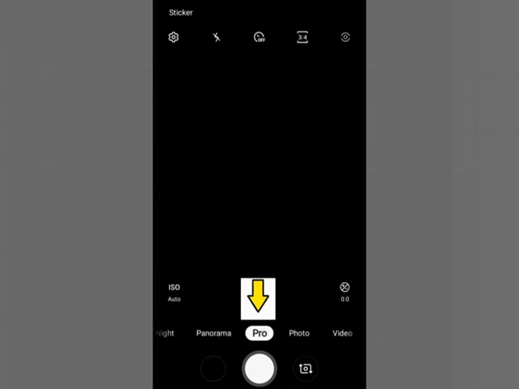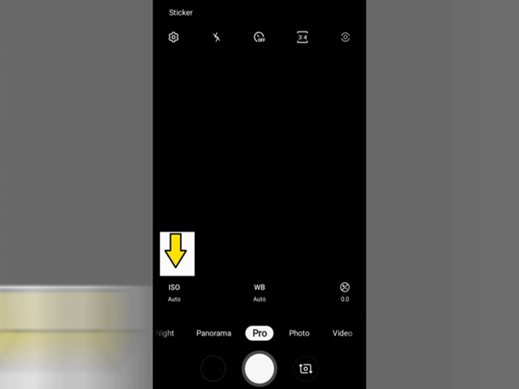So what happens when you tap the word Pro? This camera mode will allow you to manually adjust certain settings on your smartphone so you can take professional photos. What can you adjust? Well, the first thing you can adjust is the ISO. What is ISO? For starters, it isn't an acronym as many people believe. The International Organization of Standardization